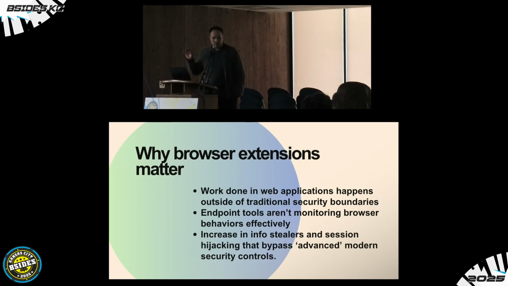So we lose the traditional tools like firewalls and proxies, and now we just depend on EDR. We have tools like CrowdStrike and all the other endpoint monitoring baked into these things, and we take for granted that they're going to detect these types of attacks with browser extensions or anything that happens in the browser, but